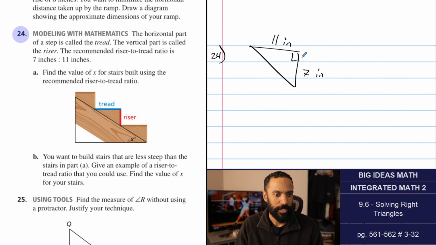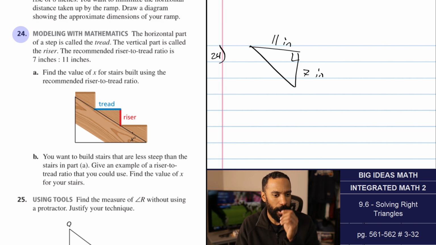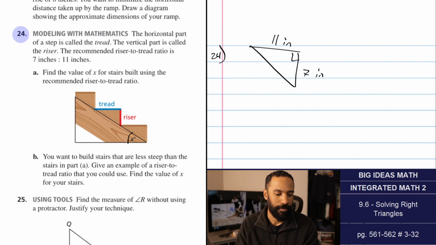Find the value of X for stairs built using the recommended riser to tread ratio. Oh, I didn't see where X was. I was so lost. Okay. I was like, what's going on? So,